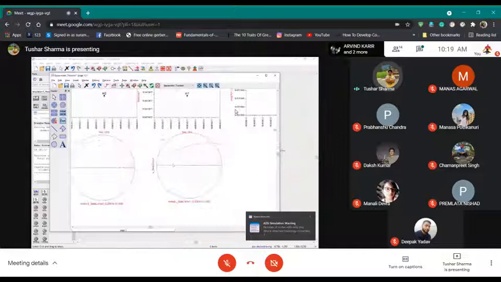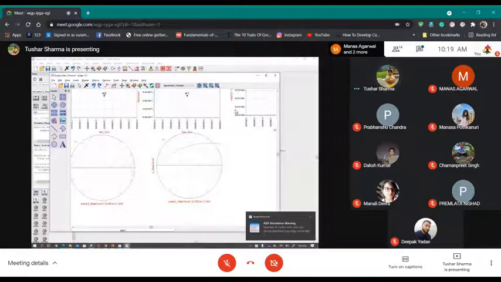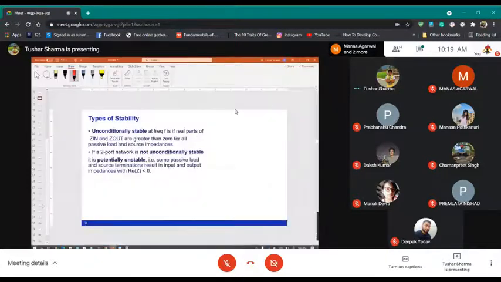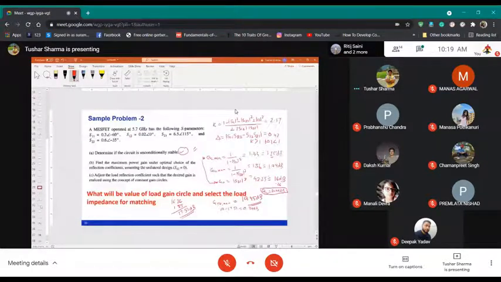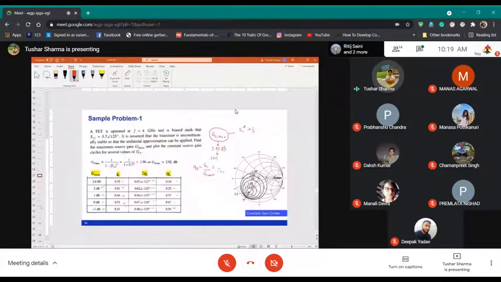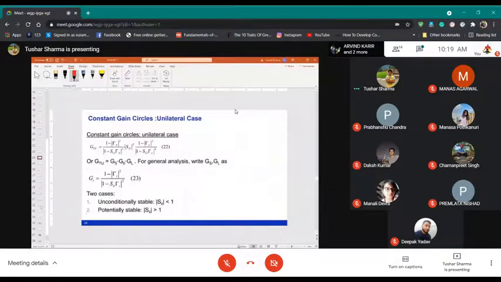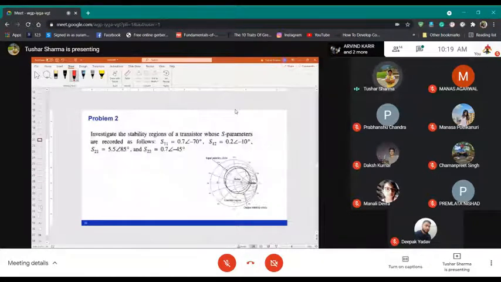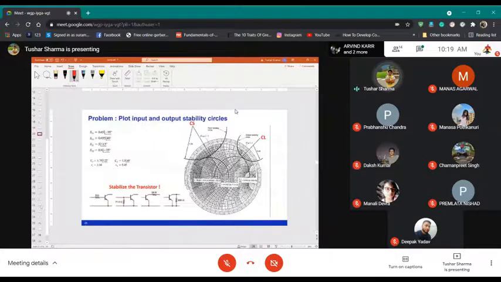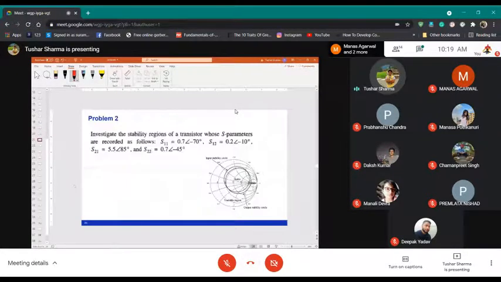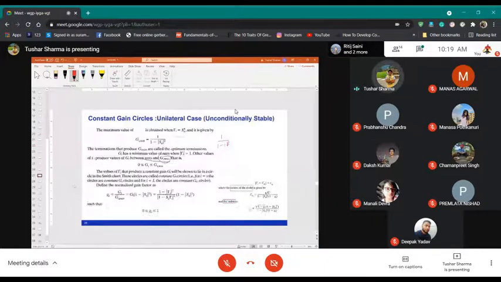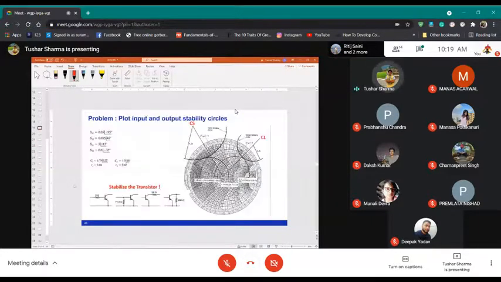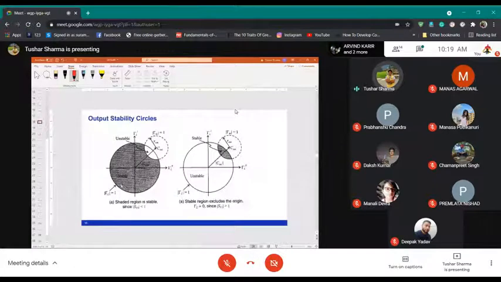you see these are the stability circles, like how we plotted in the last class when I was talking about different examples. I did plot these stability circles here, and then we used to check the sign of S11, and depending on the sign, we used to know which part is stable and which part is unstable.